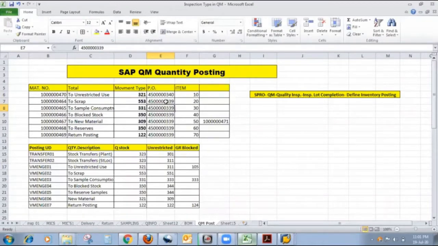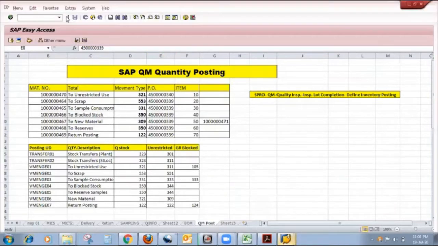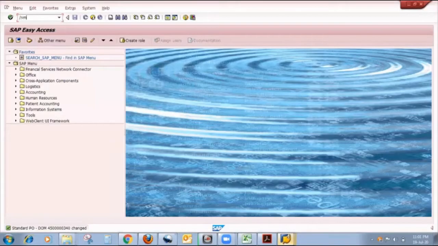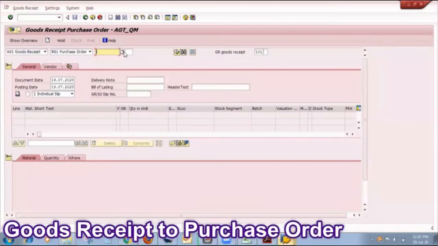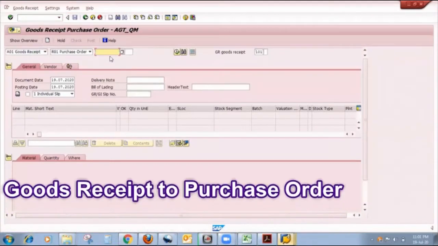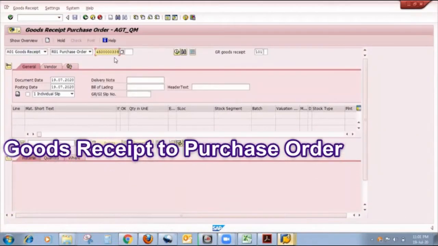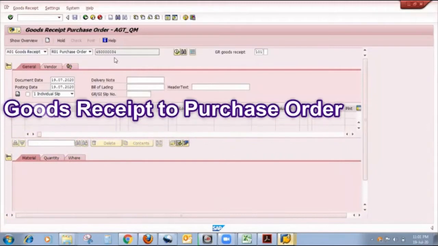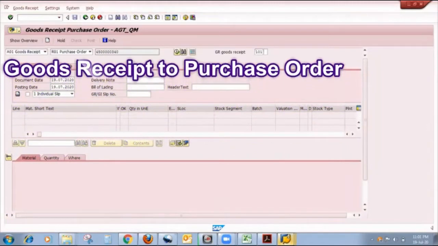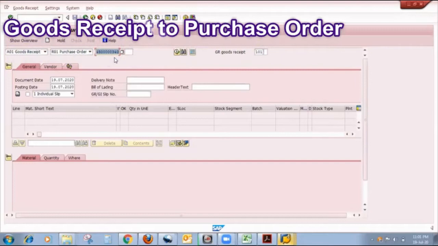Now the next step is to do GRN against that particular purchase order. The T code for doing GRN is MIGO. Here I want to put my purchase order number. My purchase order number is ending in 4340. Yes, 340.